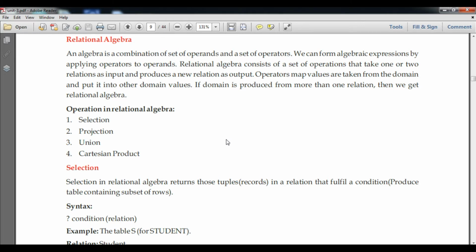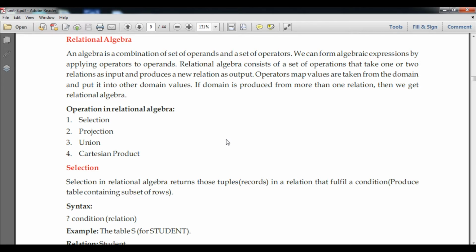Now, the operations in relational algebra. There are four types of operations possible: first selection, second projection, third union, and fourth Cartesian product. With the help of these operations we get the possible or filtered output from any relation.